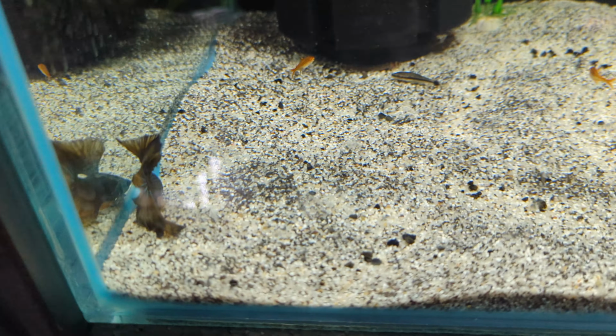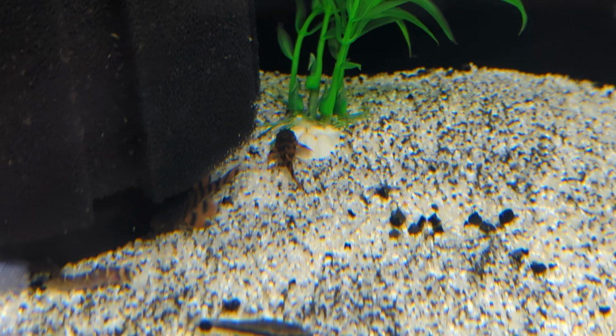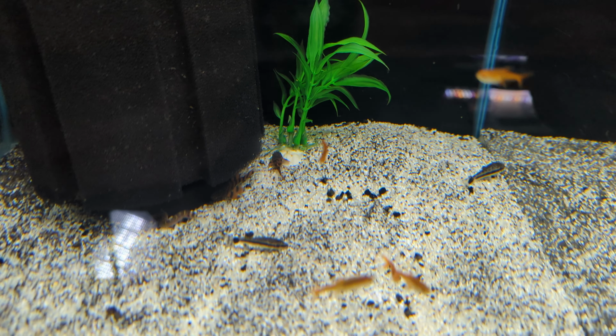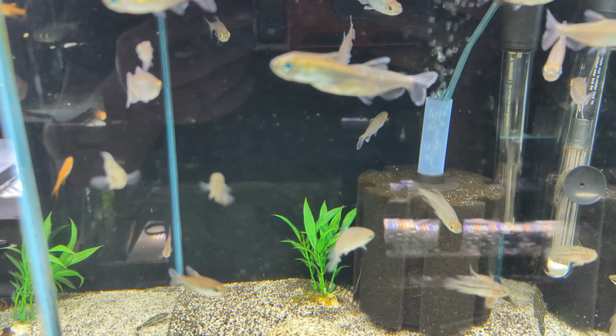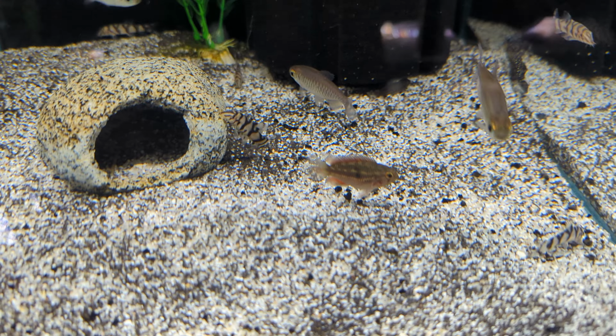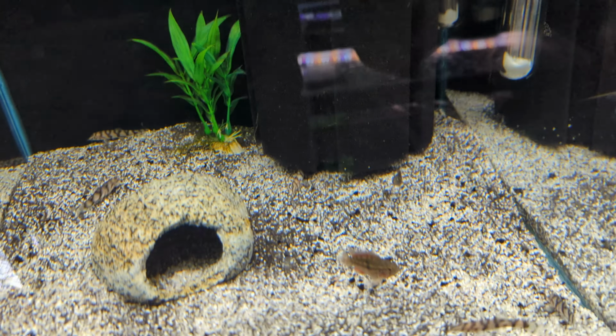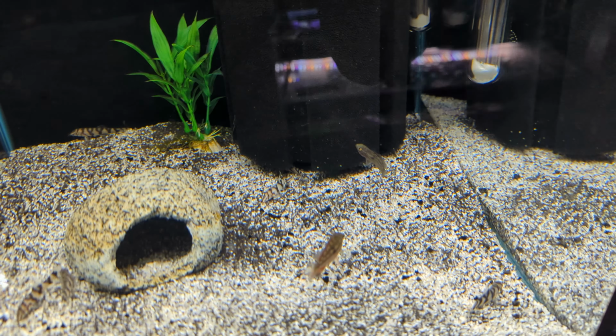In here we've got Ember Tetra. These are starting to colour up lovely. And if you have a look on the floor, they're L397 plecos, absolutely lush. Got quite a few of them in stock. There's a couple more over there. Got really good sized Congo tetras in, with yo-yo loaches. And if I can move the sponge filter without shaking the camera too much, in here